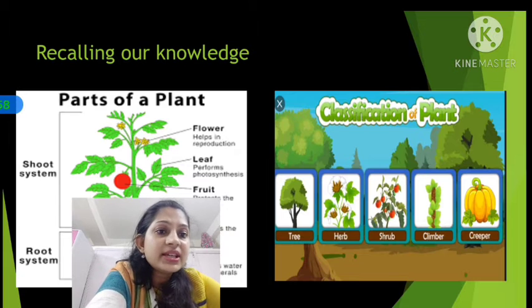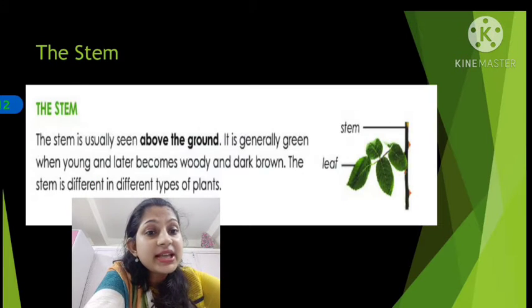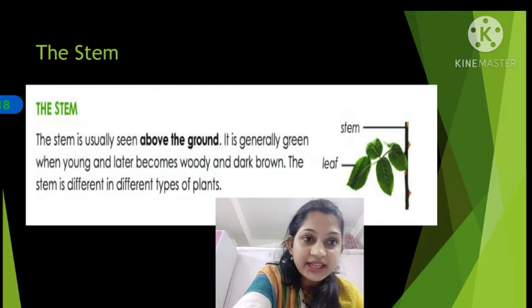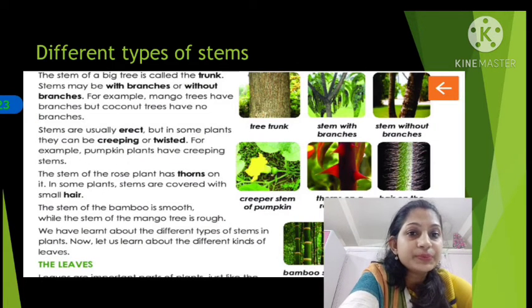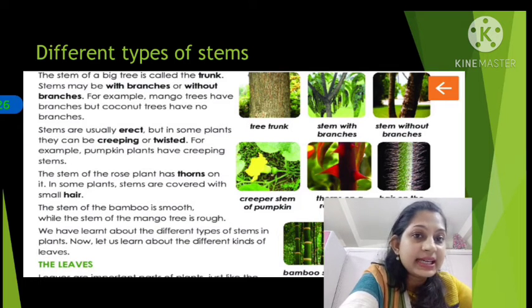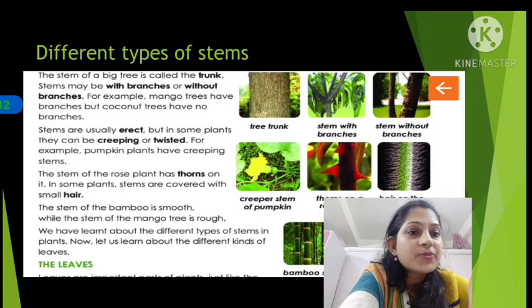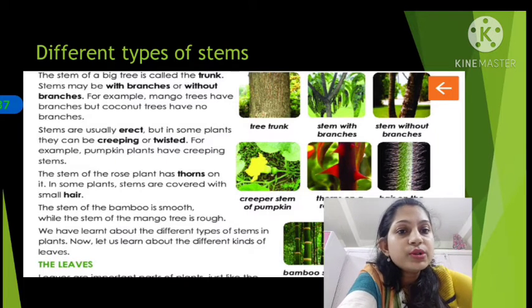See, trees have hard woody stems. Herbs, their stem is very weak. Shrub has a woody stem. Creepers and climbers, very weak stem, isn't it? So these were only a few examples, and this year we are going to learn more different types. Okay, so let us start our class with this picture of your book. We will be discussing all these in detail. Now see here, different pictures are given, one with branches, another without branches. All those we will be dealing with.